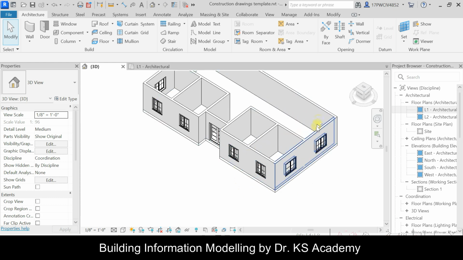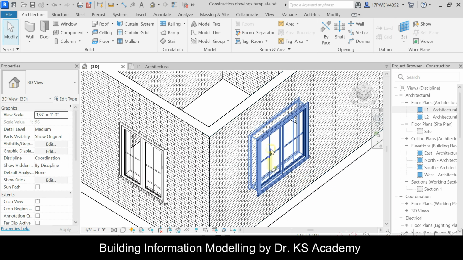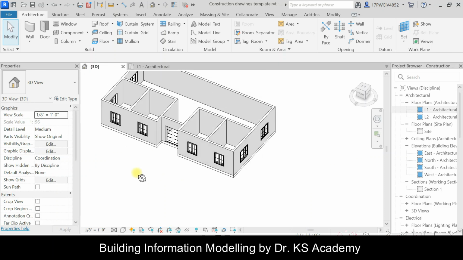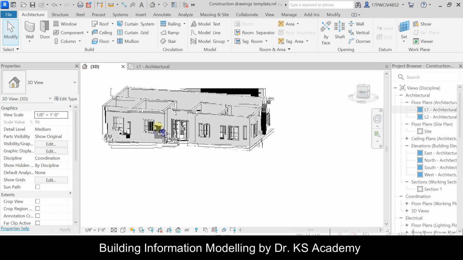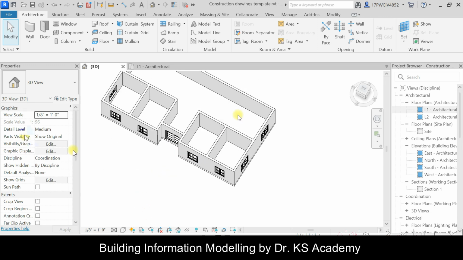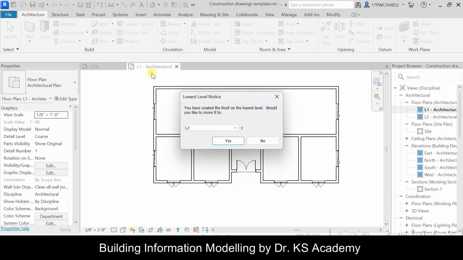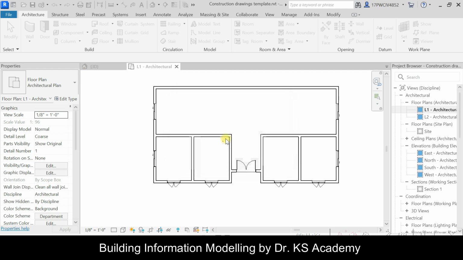Now let's go back to 3D view and see our floor plan. You see that the pre-built windows have been fitted very decently into the model, and the house is already taking pretty decent shape. Let's go back to the floor plan view, and let's place a roof so that the house plan can be completed and we can continue the lectures from the next slide. So let's add the roof over the house, and currently you can see that the highest point